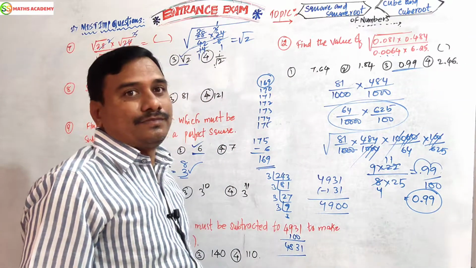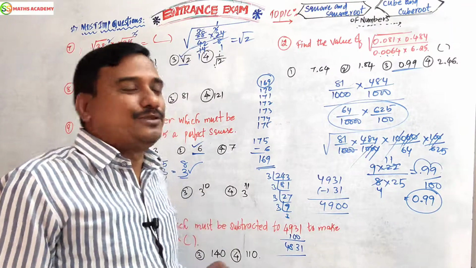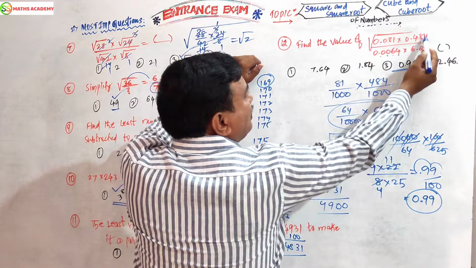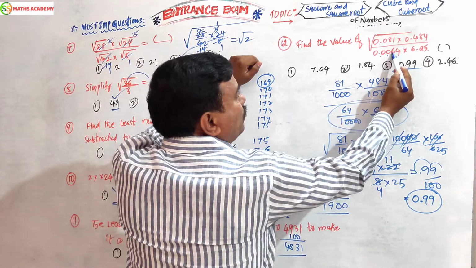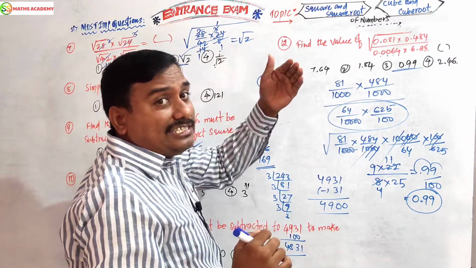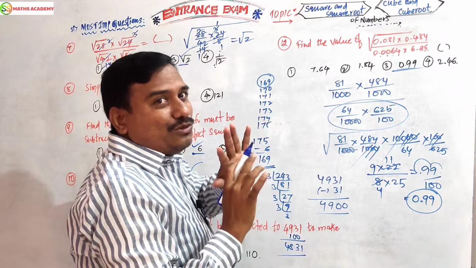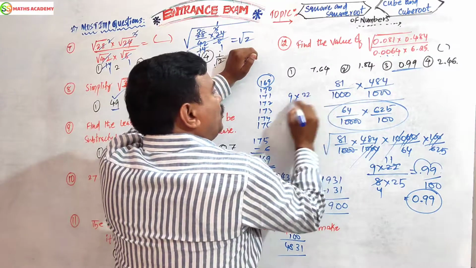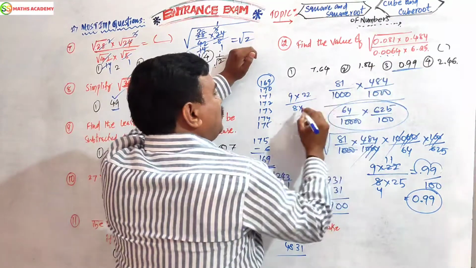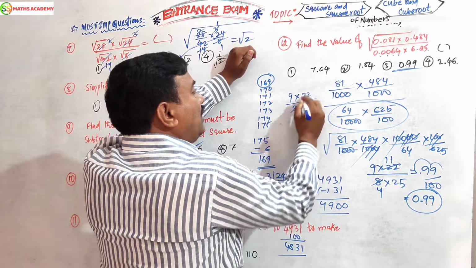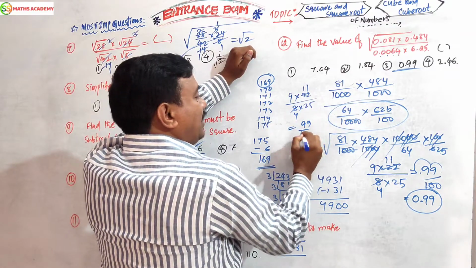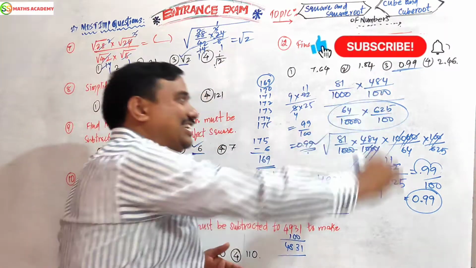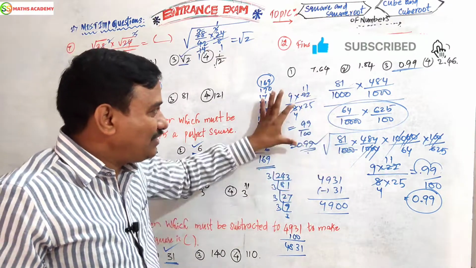Got it? And this problem we can also do with a shortcut. No need for this lengthy method. Now the direct answer. Here 3 numbers after the point, here 3 numbers, total 6. Here 4 numbers, here 2 numbers. The numerator has 6 digits after the point, the denominator 6 digits, so no need to take the decimal. Direct answer: 81, 9; 484, 22; 64, 8; 625, 25. 2 fours are 8, 2 elevens are 22. 99 by 100, nothing but 0.99. Finish answer. How easy it is, dear friends. Easy? Nothing to work, just 2 steps. 10 seconds.